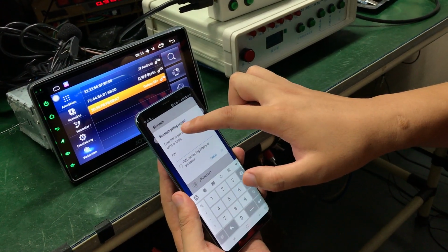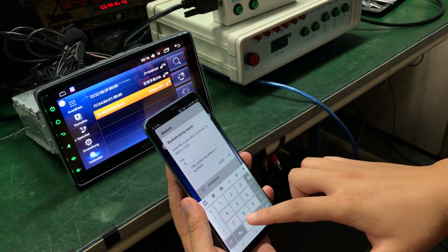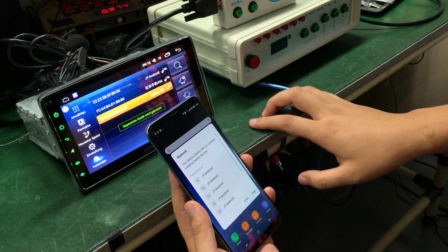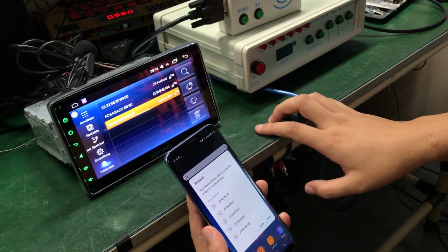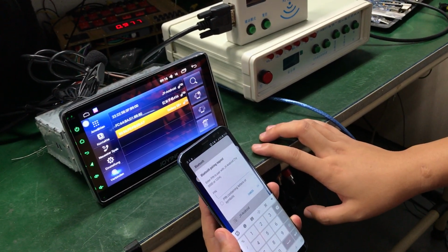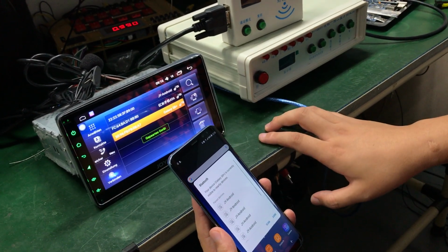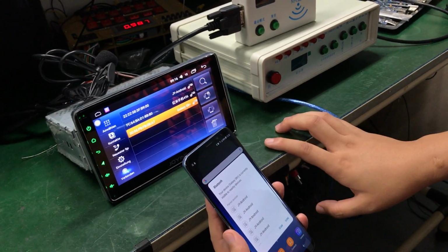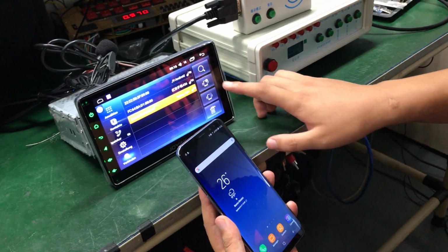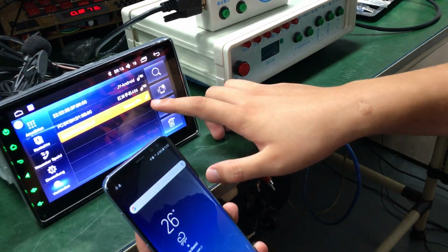You will get the Bluetooth pairing request. Please put the pin 0000 and choose the pin and click OK. Then please press the pair button again. It shows connecting,